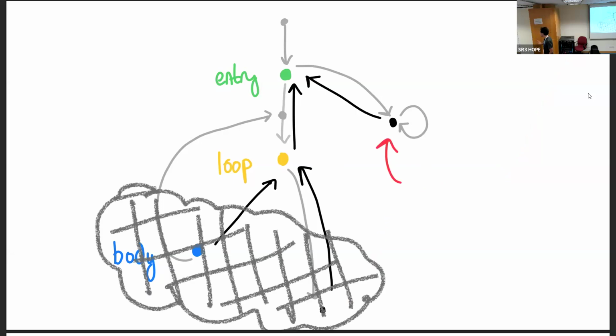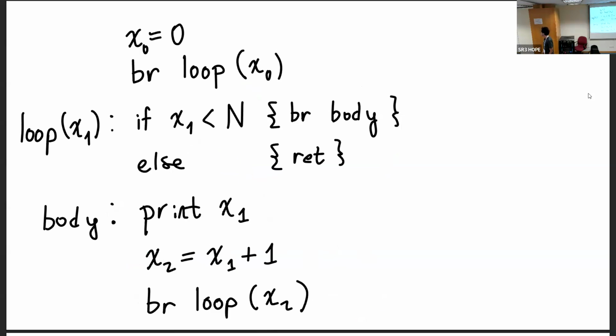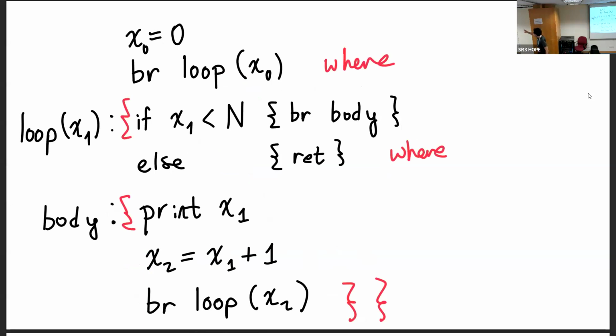So the intuition here is that the subtree rooted at a given point in the dominator tree is obscured. The dominator tree tells us what is visible. We can't jump into the subtree without breaking the dominator tree. Same thing again. The subtree down there is obscured. So if we think of it this way in terms of scoping, what are we doing? We're inserting these little where blocks here.